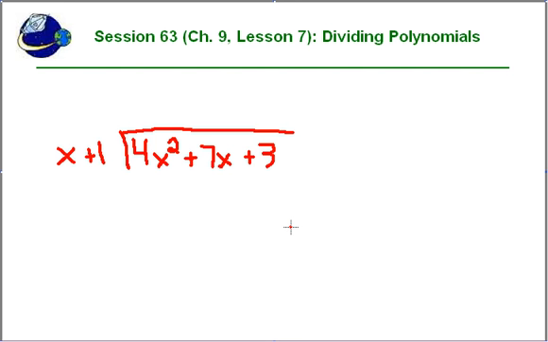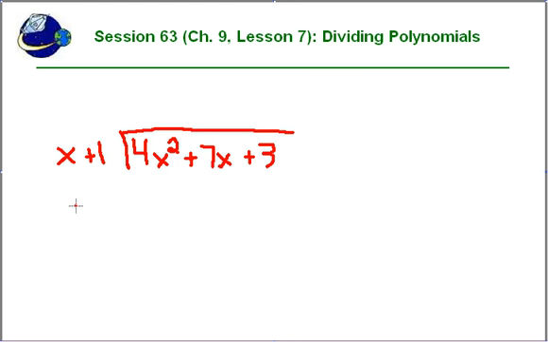Finally, we're going to be determining and showing how you divide polynomials together. We've added and subtracted and multiplied polynomials so far over the past several sessions. Now we're going to get into dividing them. And here's a polynomial. Your first term, 4x squared plus 7x plus 3, is now being divided by your second